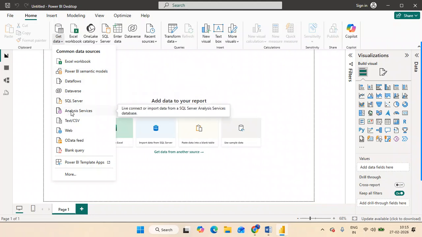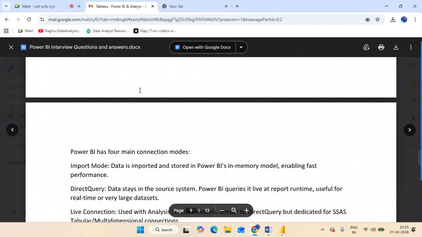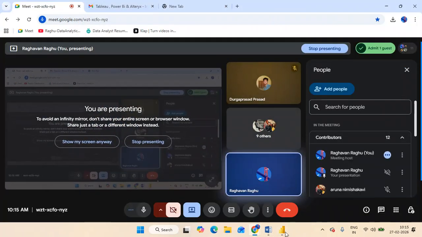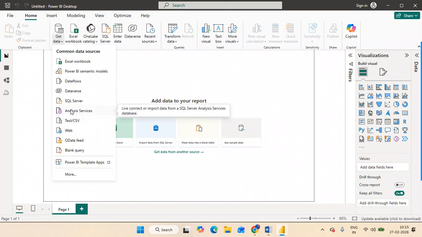Now you can see they are offering live connect or import mode. Both are available, but the live connection is still available here. You can see the live connection on the Power Platform, meaning these are all products of the Microsoft company, which is the reason they have given the live connection directly. This is also available online. For example, you publish to Power BI Service, and in Power BI Service we can create dataflows in Microsoft Fabric. From there you can connect. Likewise, we can see the live connection.